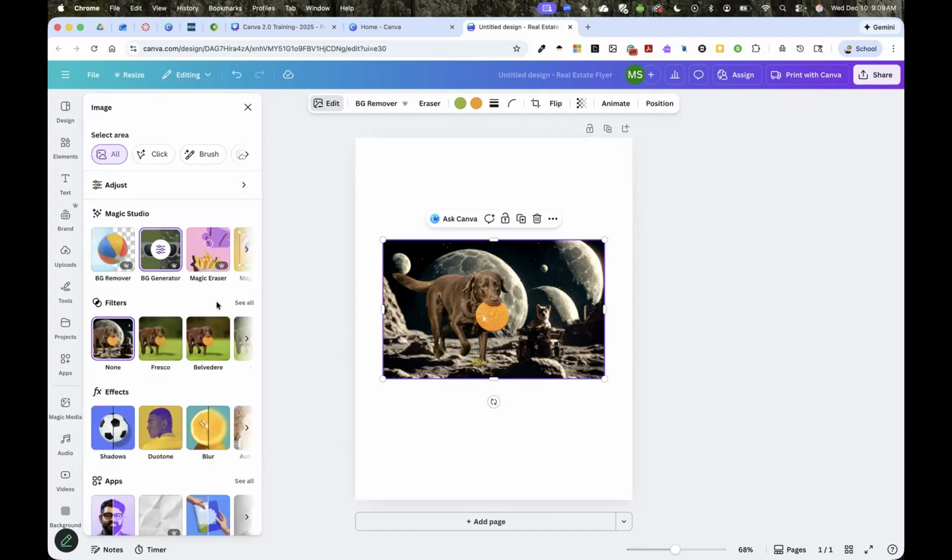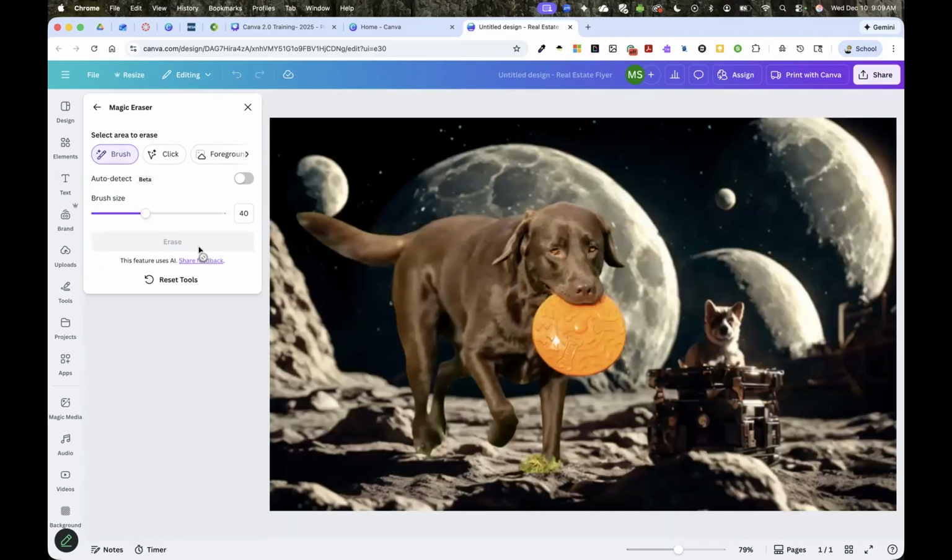All right, we'll just stick with this photo for right now to show some of these other features. So one feature that I really love is the magic eraser. This is really good because you can pick what part of the photo you want to keep and what part of the photo you don't want to keep. So for example,